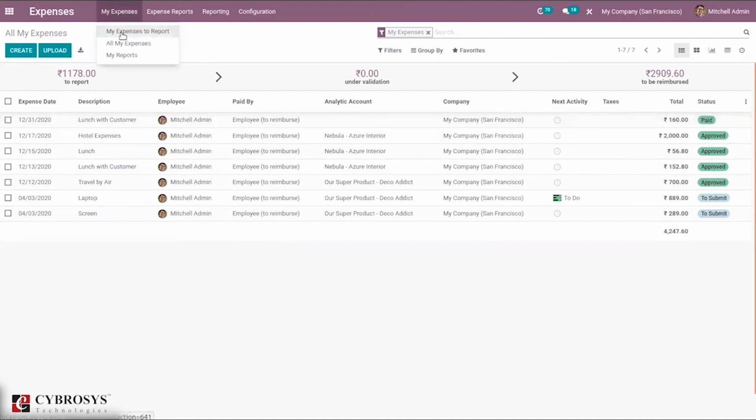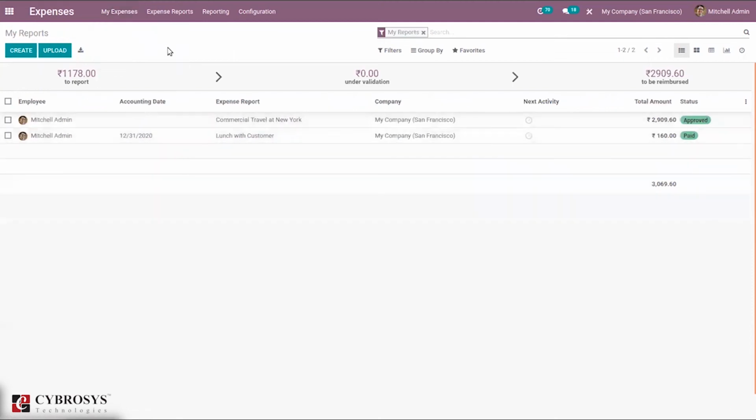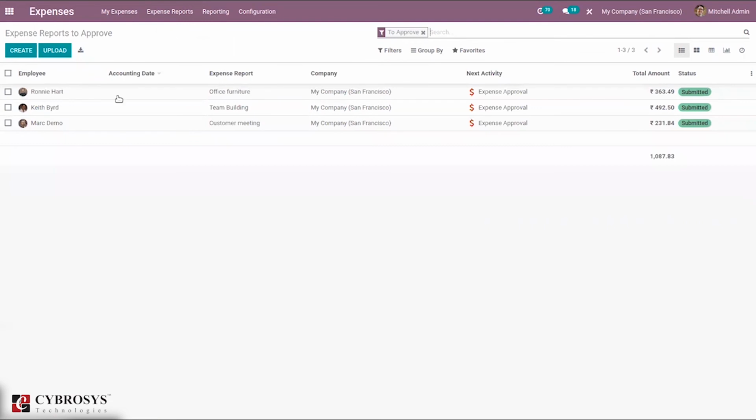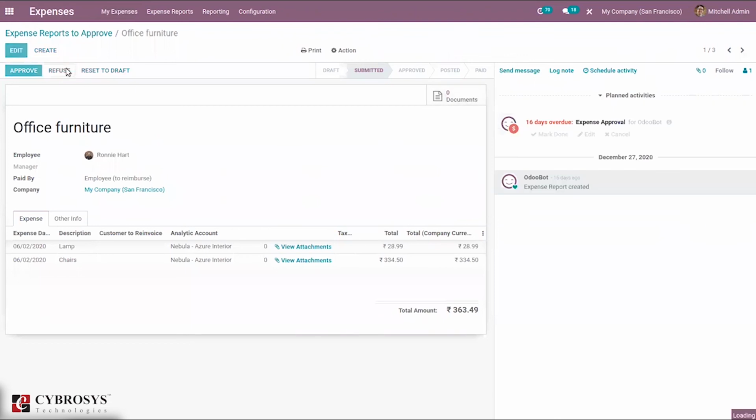Then here we can see if there are any expenses to be reported. You can see my expense report, and you can see all expense. Then we can see my reports, Michelin reports. Then here we can see option, that is reports to approve. So you can see all the reports that need to be approved. So here we can click on this, and it is possible to refuse it.